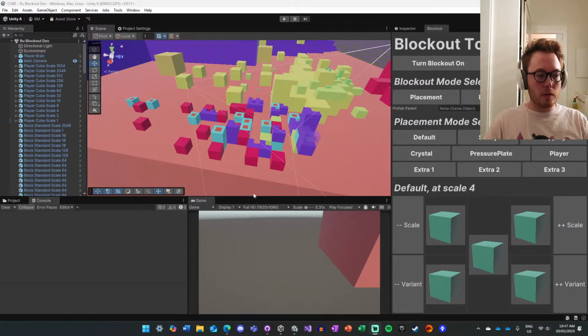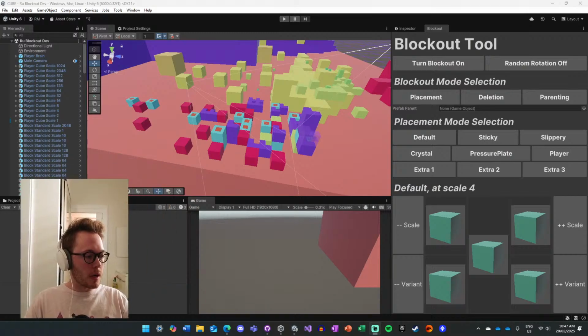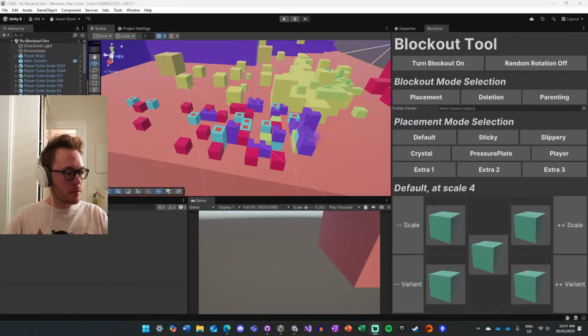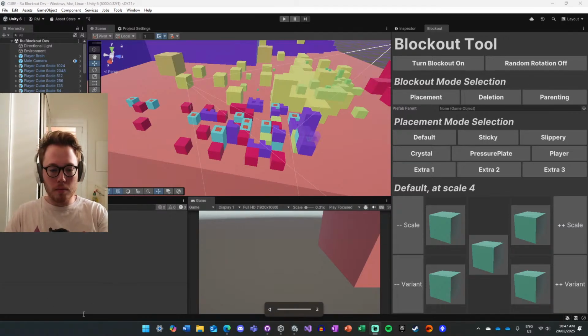Hello everybody, we're doing some more Blockout dev today. I'm going to put myself down here. Maybe even, we'll go there for now. That's not bad. This needs to be a little bit quieter. Beautiful. Okay, so